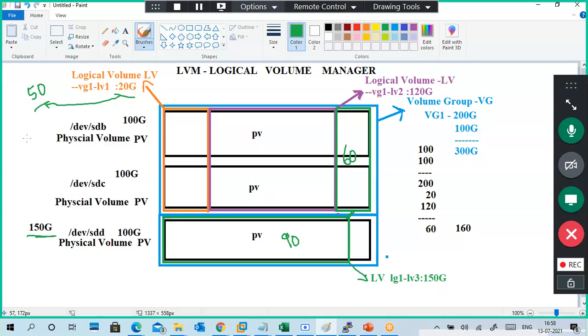So data is increasing, requirements are increasing, the number of clients is increasing. What do you do? You cannot buy a fresh hard disk every time to store the data. So what we are doing is combining all the existing free space and hard disks together to create volume groups. In those volume groups you can create a number of logical volumes depending upon the requirement. And if a client requires more space in a logical volume, we can also extend those logical volumes.